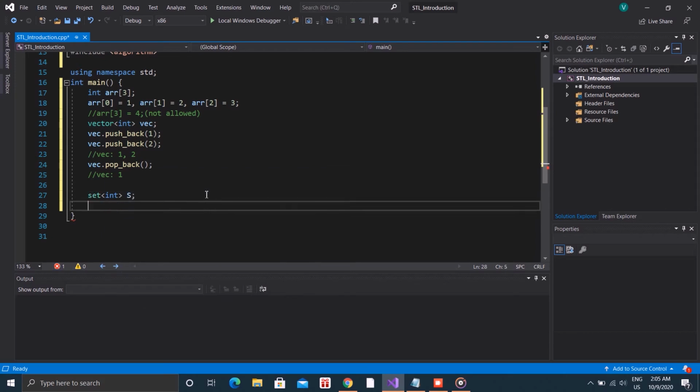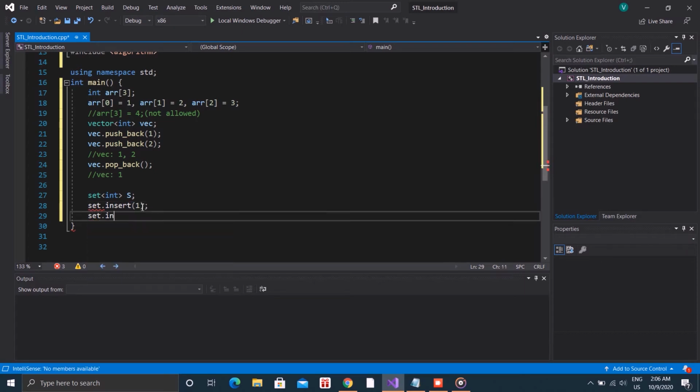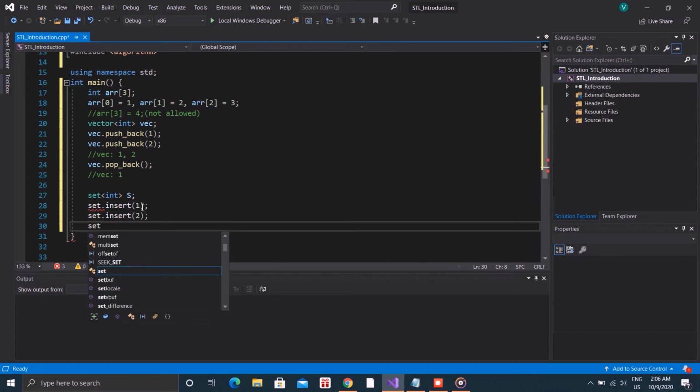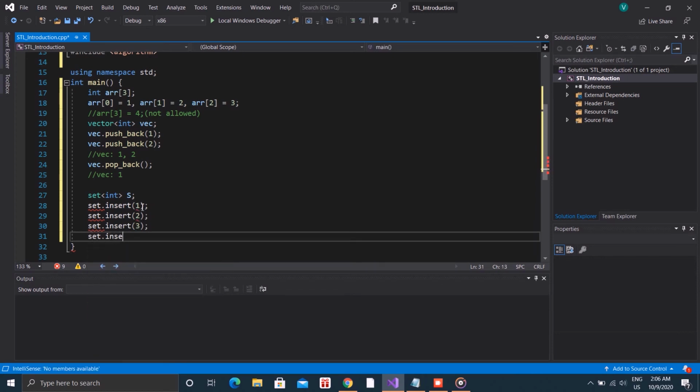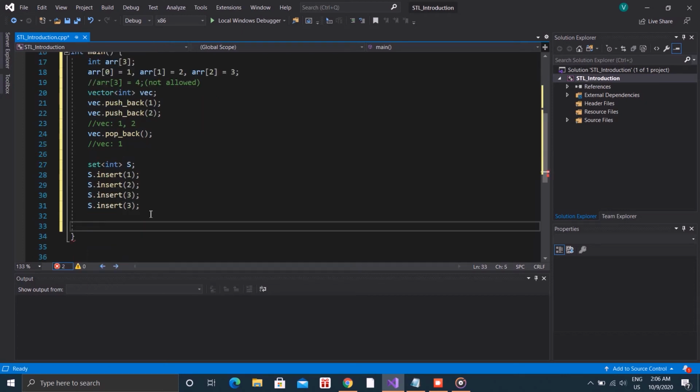Set is used to store unique elements. So the maximum occurrence of any element in a set is 1. For example, if we have data 1, 2, 3 and 3 and we put them in a set, then the set would only contain elements 1, 2 and 3 because set only contains unique elements and 3 is repeated twice. How the elements are displayed in a set will be discussed in a further video on sets.